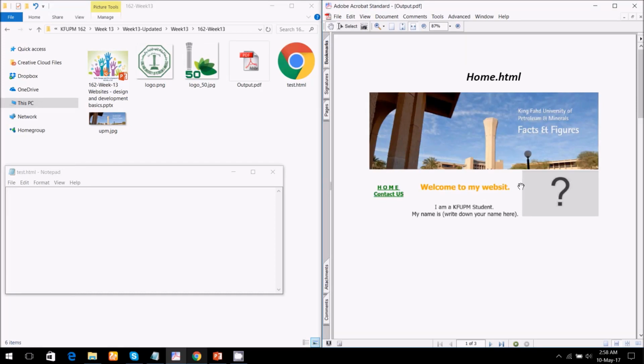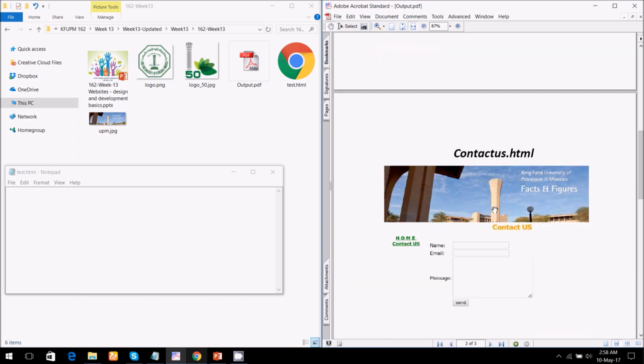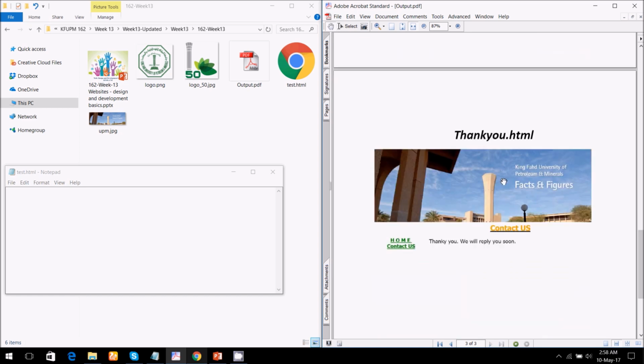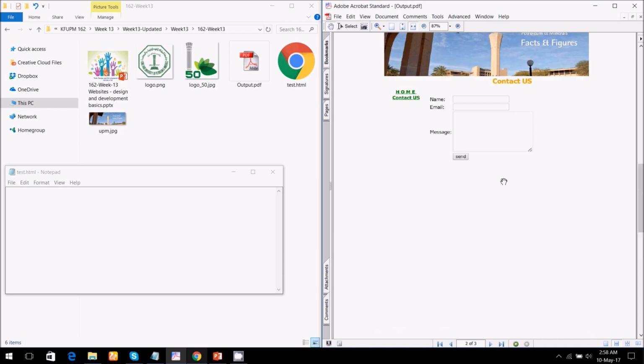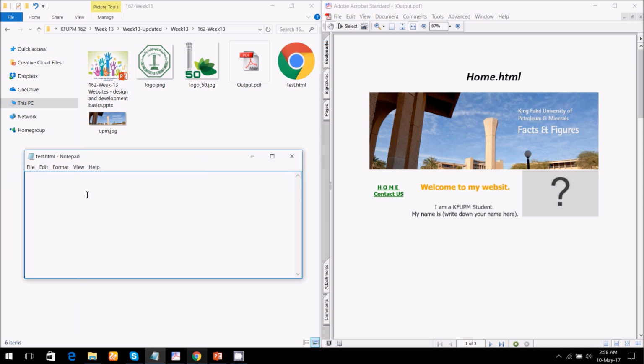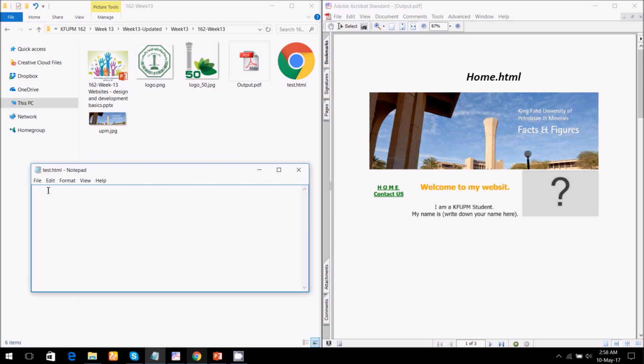In this exercise, I'm going to make 3 web pages as shown in the output: home.html, contactus.html, and thankyou.html. So at first, I will design the home.html file by using the notepad, and already I have opened a notepad here, and from the notepad now I'll create a